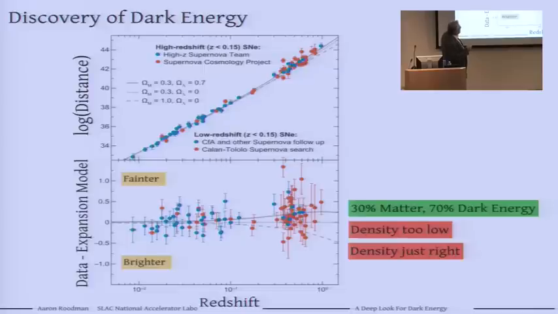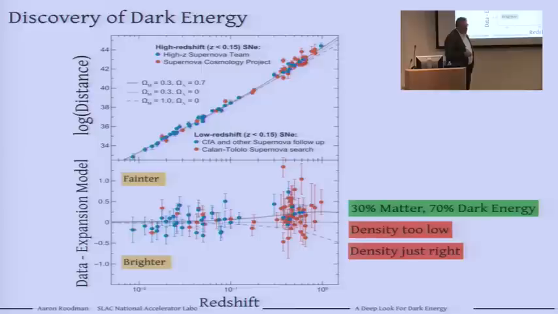And, well, it's hard to see what's going on here, so let's compare these points to the different lines, to this line in particular, which is one of the possibilities that I just mentioned, and that's actually a density too low, the density too low case. So here on the bottom is the data, so the points minus our picture, our model of how the universe expands. And you can see that the points certainly lie above this line, which is the density being just right, and they actually lie above this line, the straight line, which is the density too low,